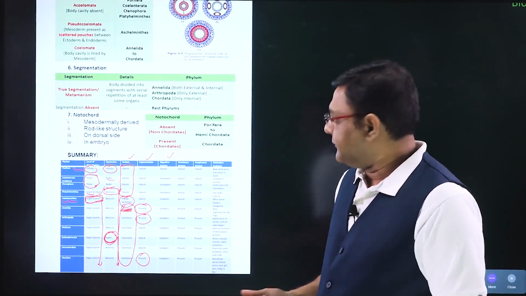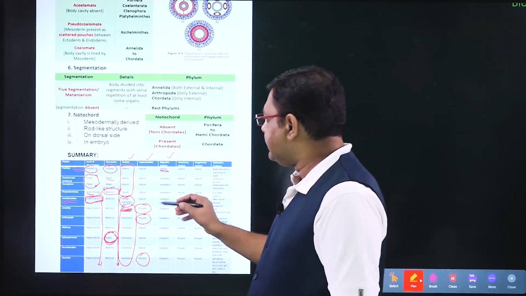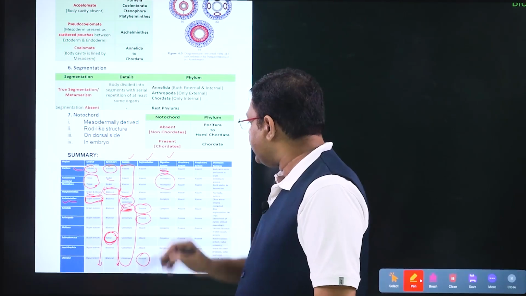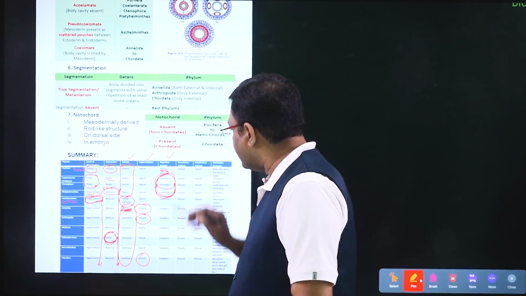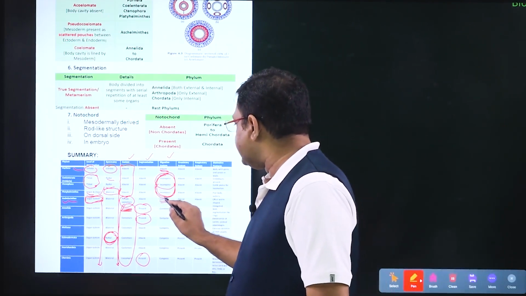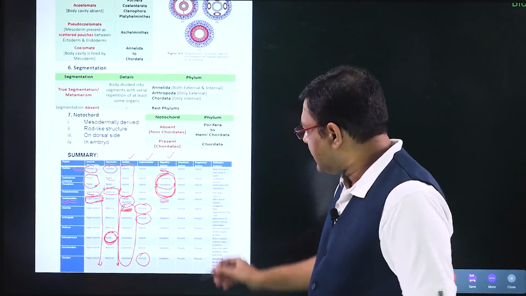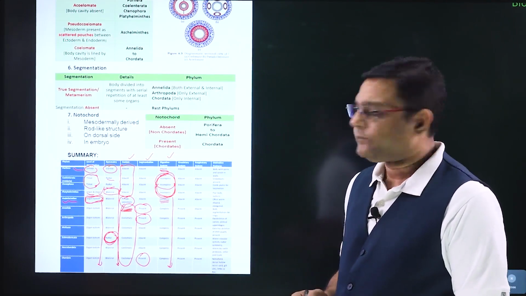After this, moving to the digestive system. In the digestive system, in the case of Porifera, it was absent. In Coelenterata and Ctenophora, incomplete condition was there. Even in Platyhelminthes, it was incomplete condition. So, the first phylum in which complete condition came was Aschelminthes, and it continued till the last, till phylum Chordata.